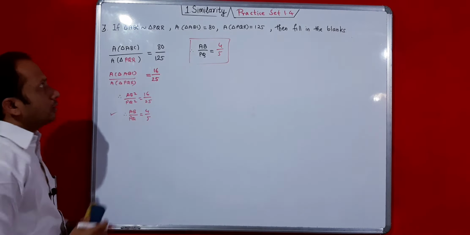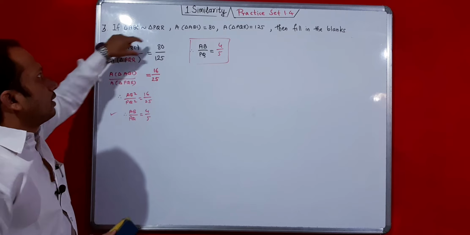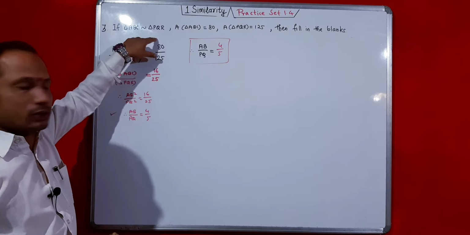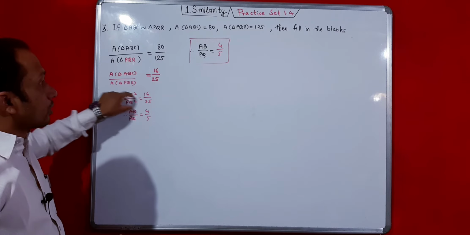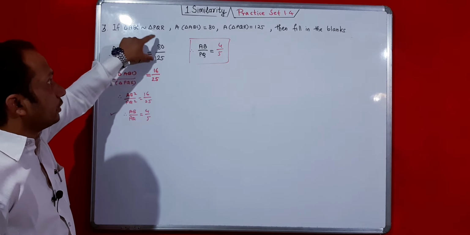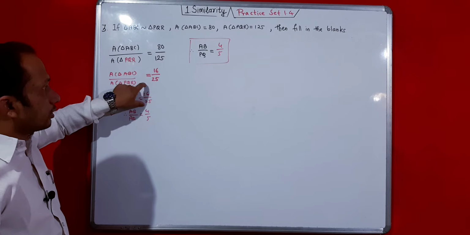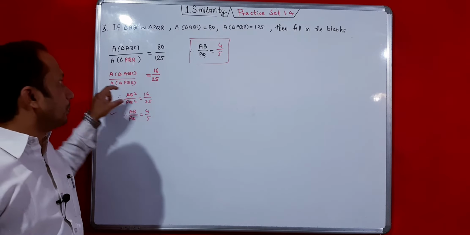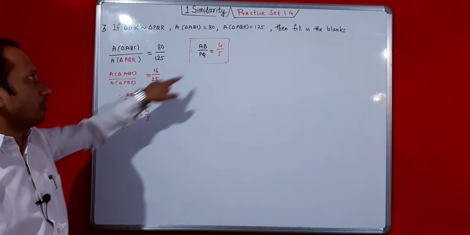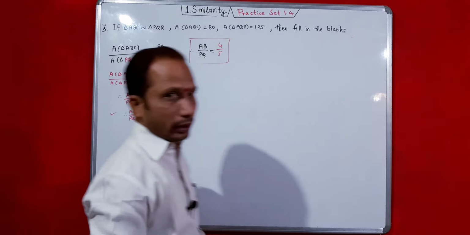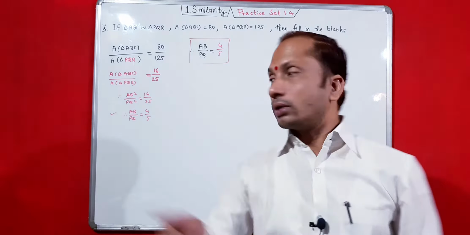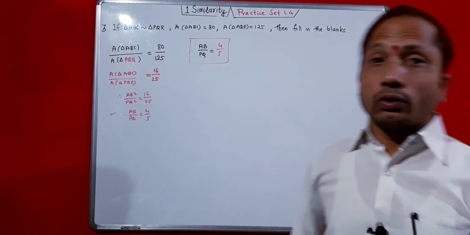This is the reason, because for similar triangles, the ratio of areas is proportional to the ratio of the squares of their corresponding sides. These are the corresponding sides squared. So 16 by 25, first you divide this, you get this, then you place 16 by 25 here, and then by taking square root you will get 4 by 5. So this is activity number 3. We have solved this, and I told you how this comes. And now we are going to solve the fourth question.